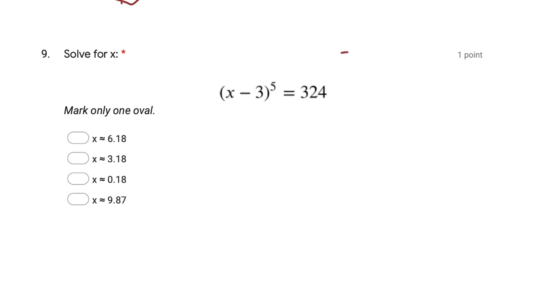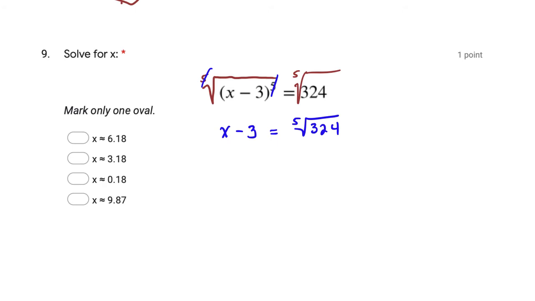Here we have a solved problem. Notice the x is underneath, or it's trapped underneath this exponent here. We want to get to that x, so we are going to undo both sides. Now in this case, our term with the x in it was already isolated, so we didn't have to add or subtract anything. So on the left-hand side, we just get x minus 3, the fifth root of something to the fifth power. They just cancel each other out. And over here, we have the fifth root